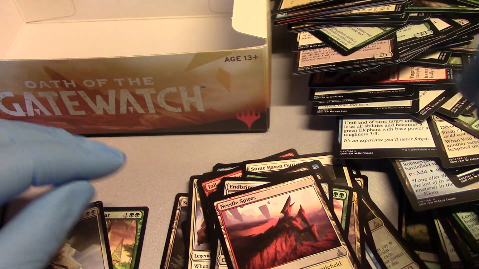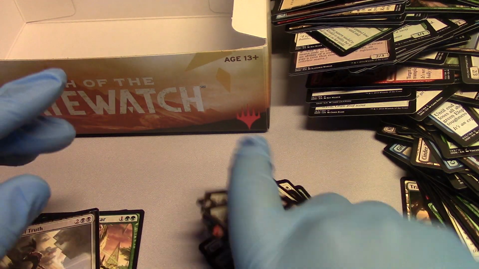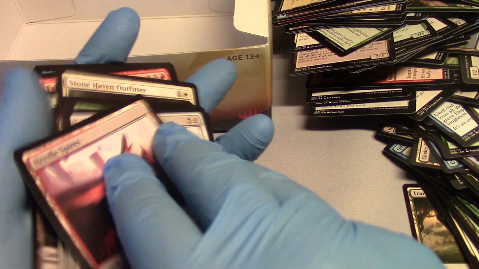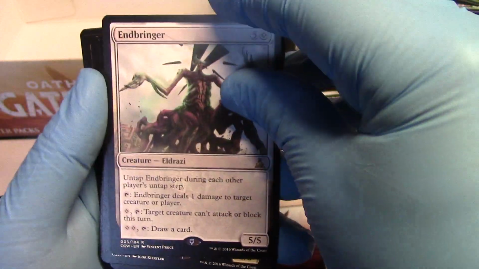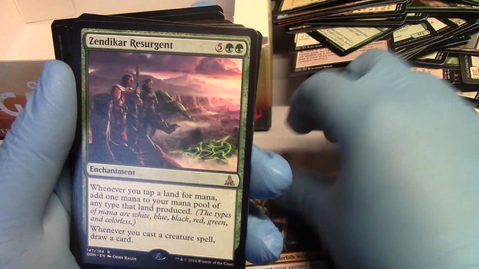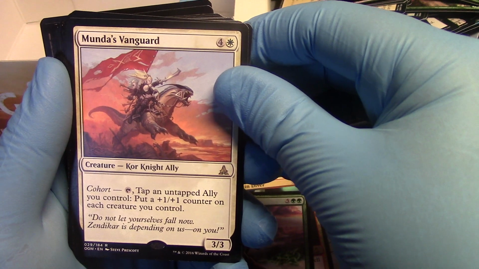Swamp and nothing. Wow, this box was not good value-wise, but at least I got one of the cards I was looking for. So, there we go for the review. Alright. Got Needle Spires, Endbringer, Jorian Rune Diver, Zendikar Resurgent, Munda's Vanguard,